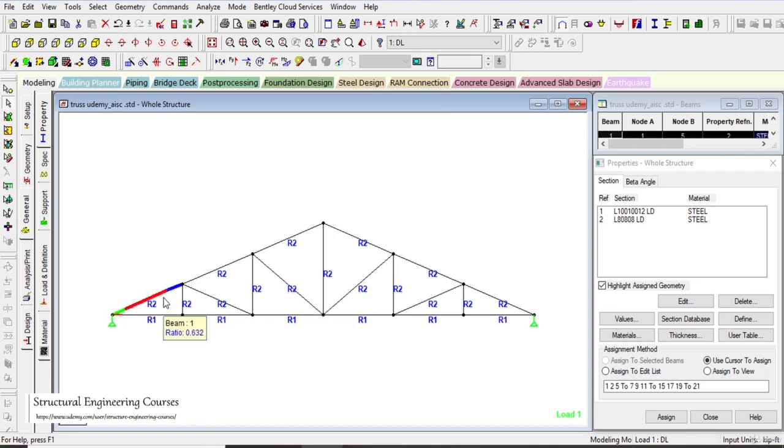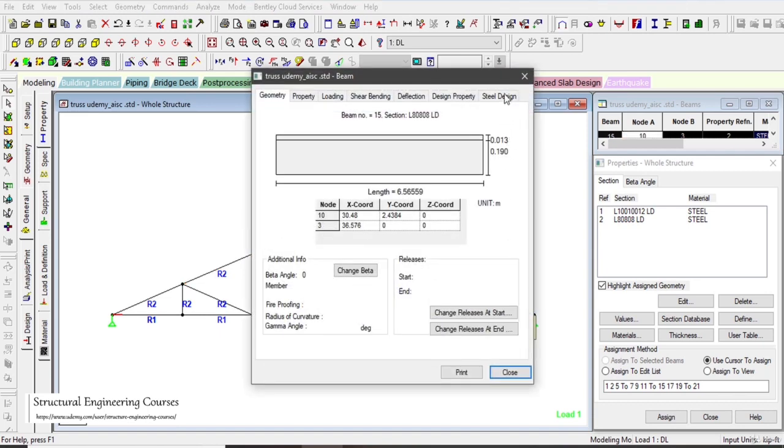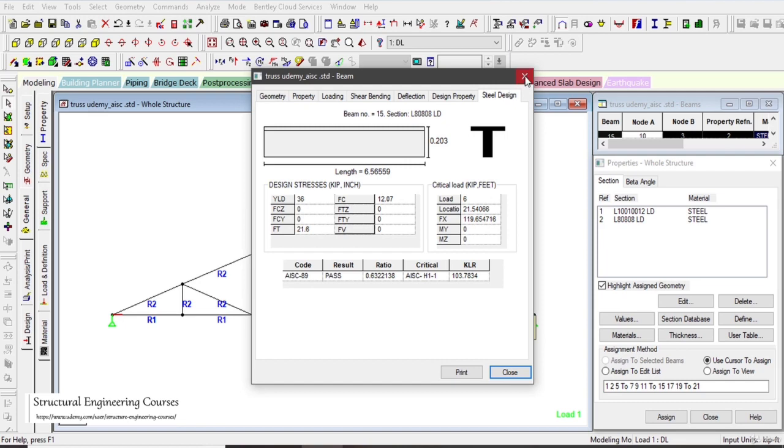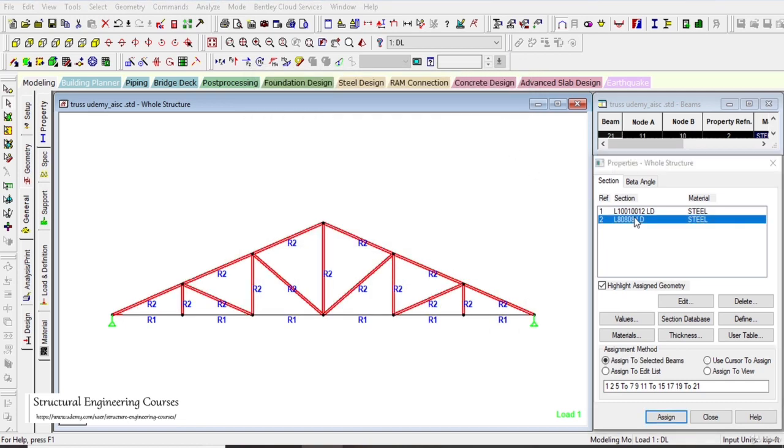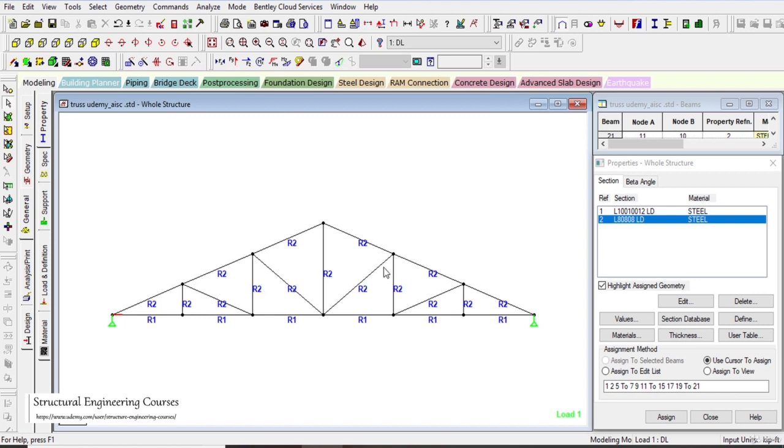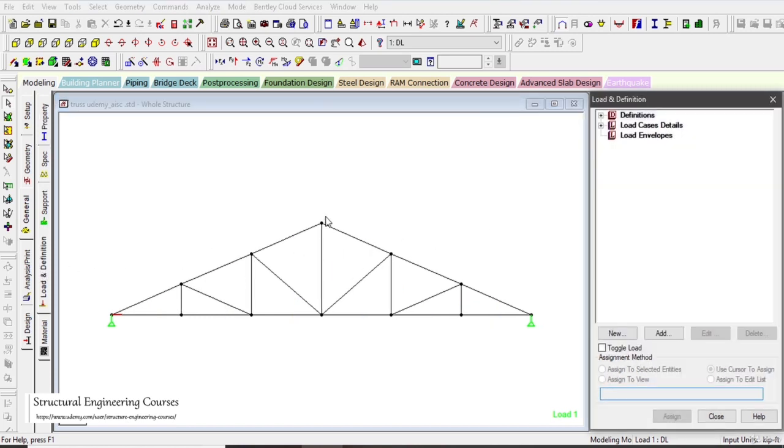And now again we can see that the ratio here is very low, but for this member the ratio is somewhat higher here, so that is, it is going up to 63% utilization ratio. So if required, we can again decrease the size of this member here. But overall,